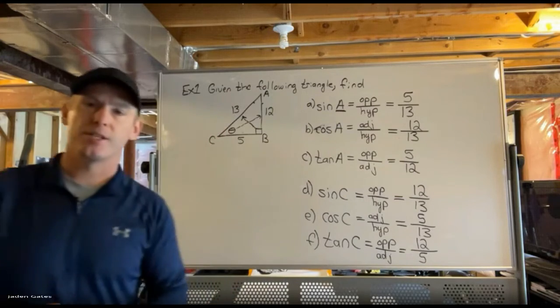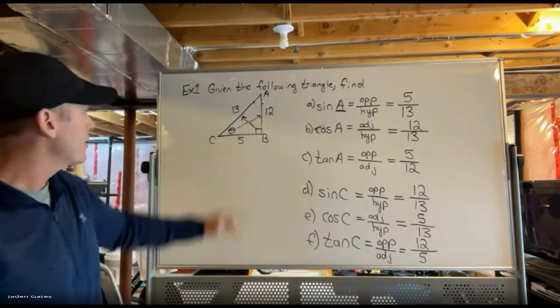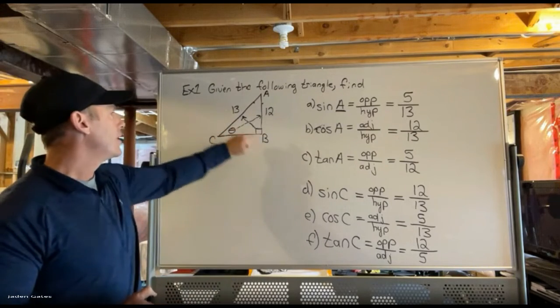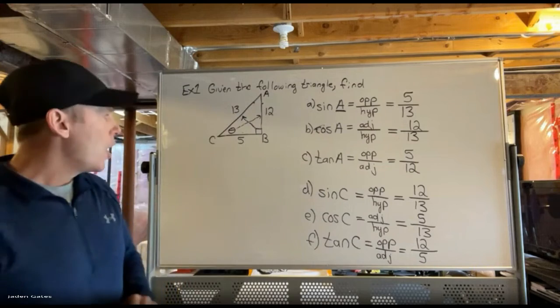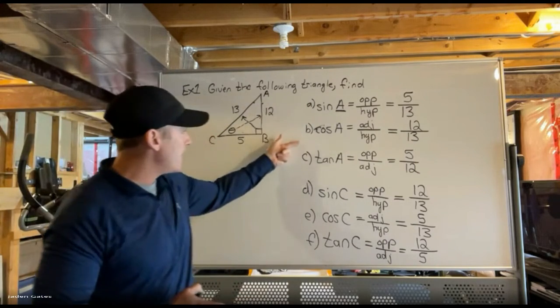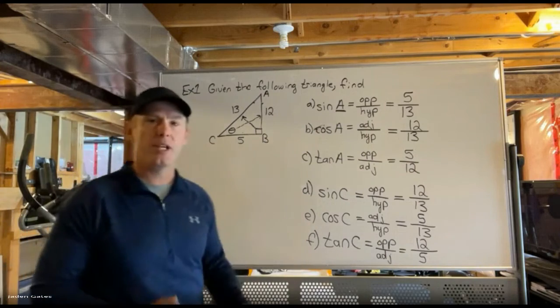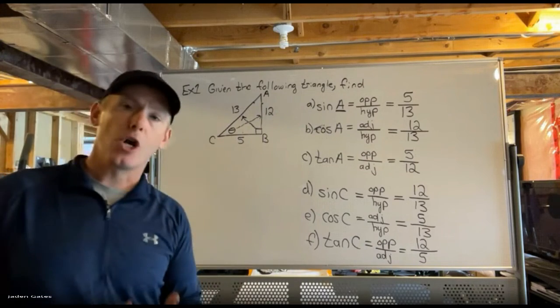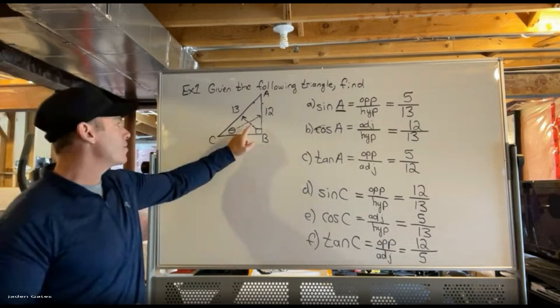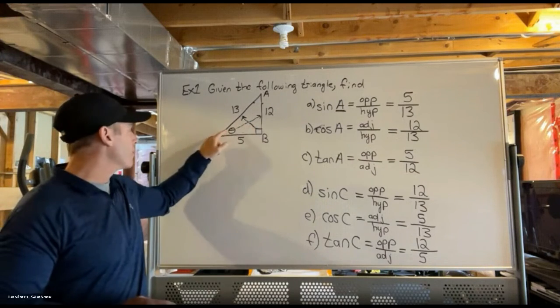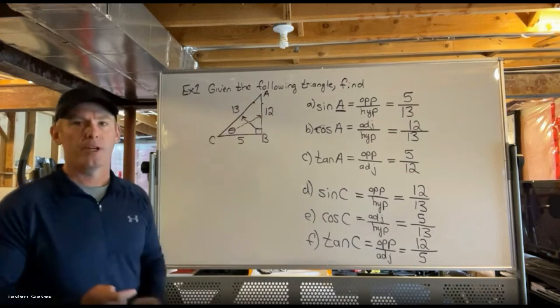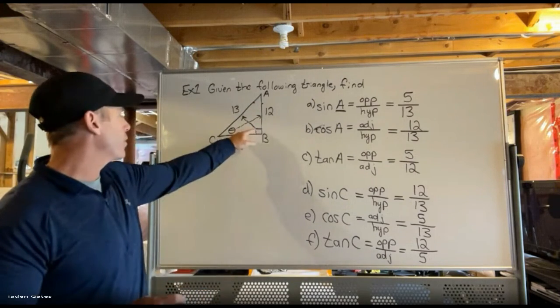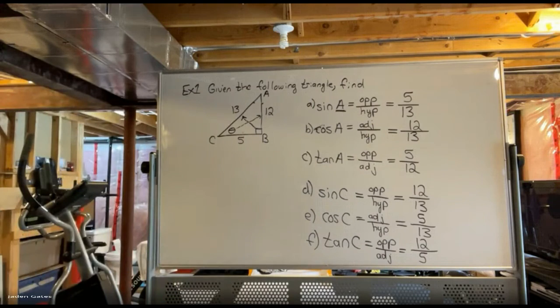The one thing that is consistent with all of these is that our hypotenuse is always across from our right angle. And the other thing is that I found sine A, cos A, tan A, sine C, cos C, tan C. The three things I couldn't find were sine B, cos B, and tan B, because you never look from your right angle. It's either the angle in the bottom or the angle in the top is how we find our ratios. Never across from the right angle. And that is finding our basic trig ratios, which again, a trig ratio, a ratio in general,